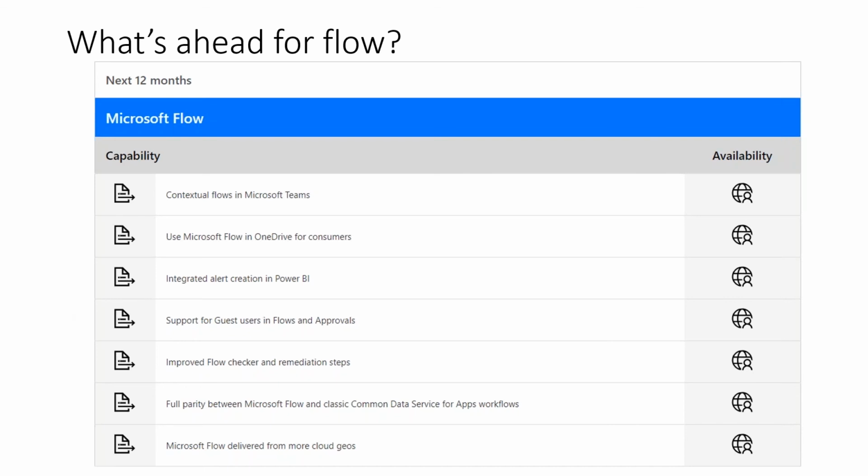The other thing that I think is really cool is the support for guest users in flows and approvals. So right now, as we mentioned, you have to be inside the same organization. Now you can share flows currently with people outside your organization, but being able to actually support guest users. Approvals could only be sent to other people in the same company. Sometimes you need approvals from vendors or from customers. You can define that now. So in the next 12 months, Flow is going to support guest users in your Flow. So the input doesn't have to be just from someone within your own organization. So I think that is cool, and